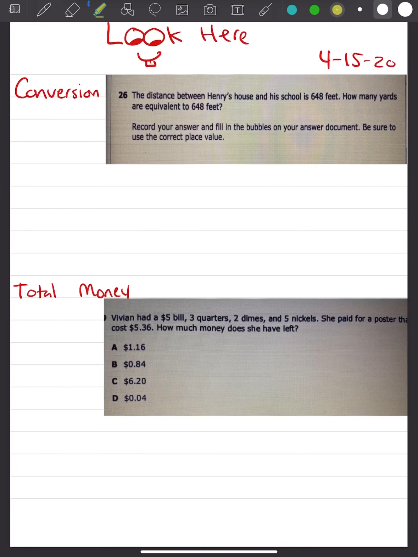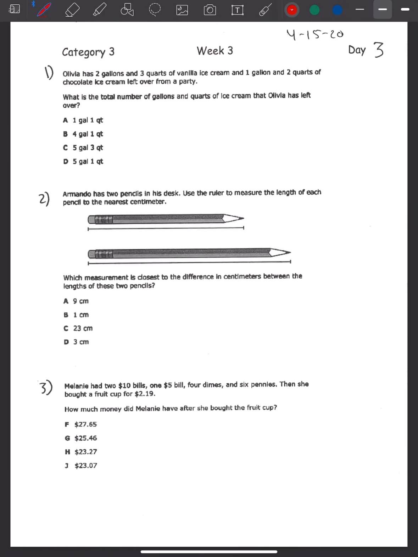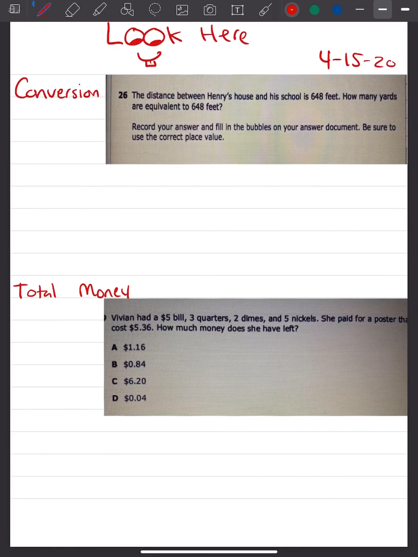Now, this is our anchor. Okay? So here we're going to talk about what we're going to see during our independent work. So conversion, guys. Conversion means that you get one thing and you change it into something else. Okay, so for example, here in this problem, they want us to change feet into yards. All right, so we understand that feet and yards are not the same thing, right? But we do know that 3 feet make 1 yard. All right, you can grab that information from the reference material chart that I supplied for you,